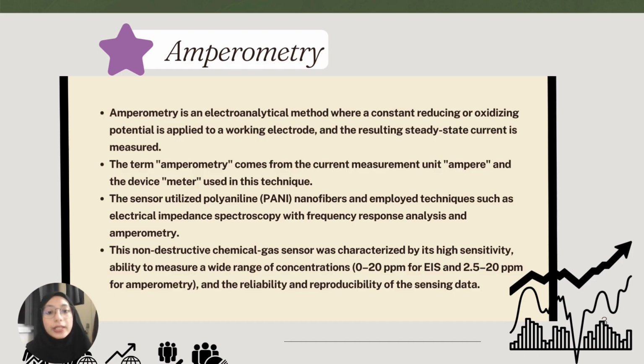Amperometry, known as an electroanalytical method, is where a constant reducing or oxidizing potential is applied at a working electrode and the resulting steady-state current is measured. The term amperometry comes from the measurement unit, the ampere, and the device, the meter. The sensor utilizes polyaniline, which is PANI, nanofibers and employs techniques such as electrical impedance spectroscopy with frequency response